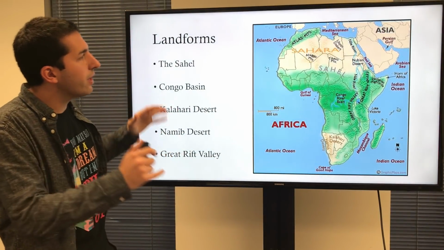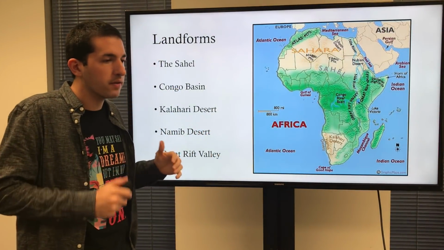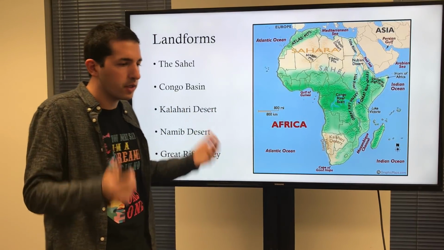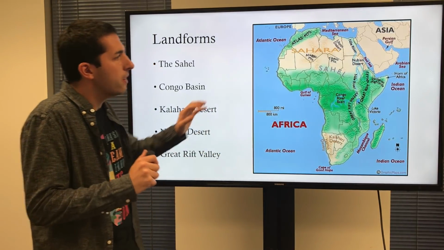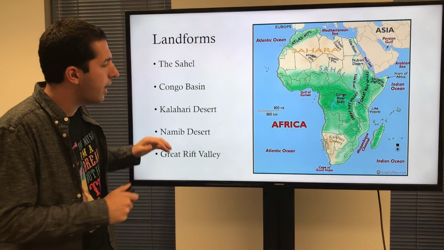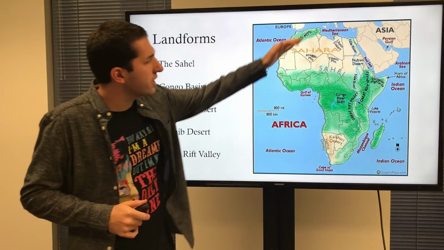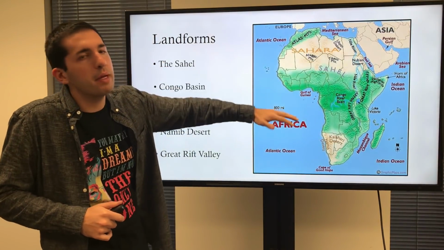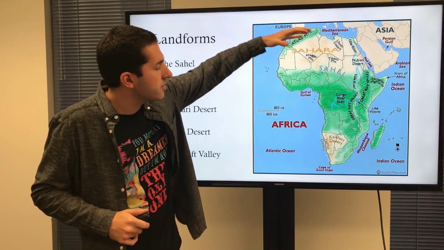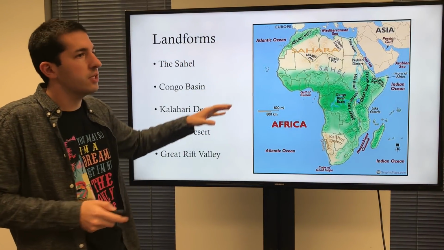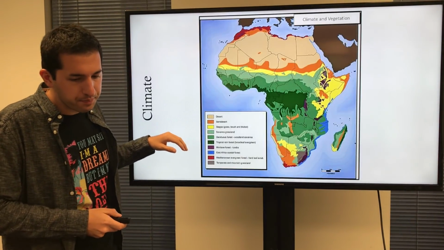So in this way, we have a lot of physical geographic features that we're going to talk about. But at the same time, they're going to be in those countries that they're so cleverly named after. And we'll probably have an easy time parsing out what's what and where. And of course, again, this is going to be dictated with a climate map superimposed on it. We can see that because of the elevation, and we'll know a little bit about the climatic forces, precipitation, and things like that, and why that's influencing it.